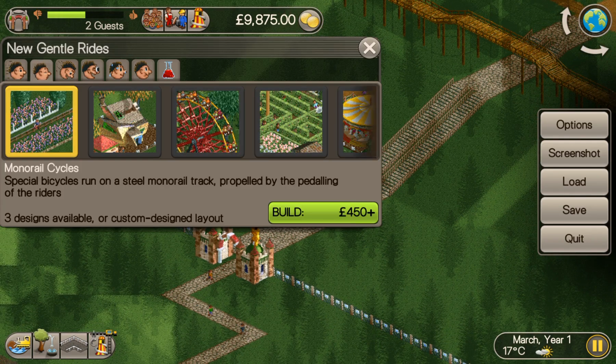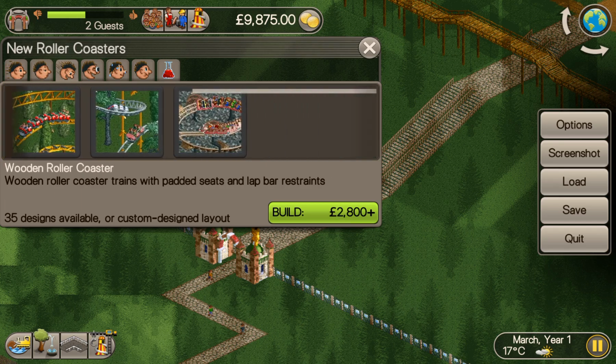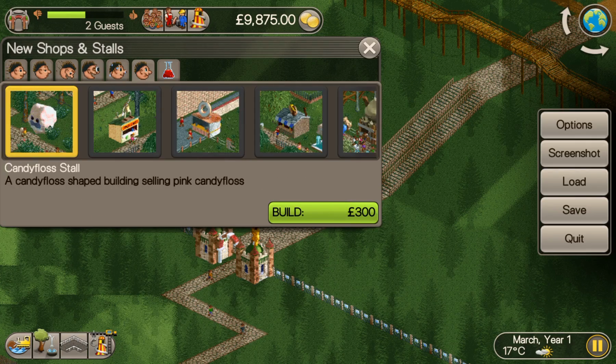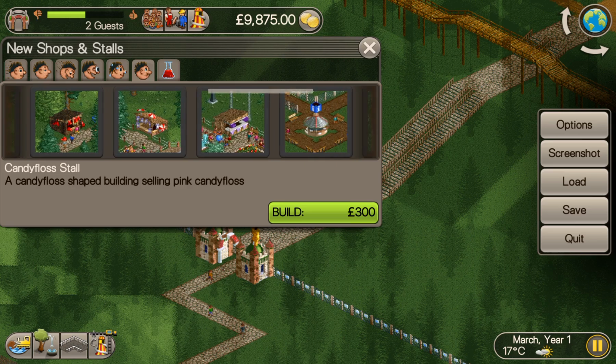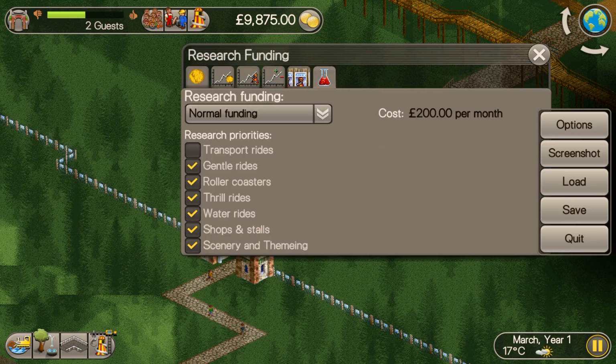Let's have a look to see what we've got. Then we've got transport rides. We've got a very good selection of gentle rides. We've got a decent selection of coasters to begin with, some thrill rides, some water rides, lots of shops, kiosks, toilets. Those are the main things. So I think let's put our research into thrill rides,